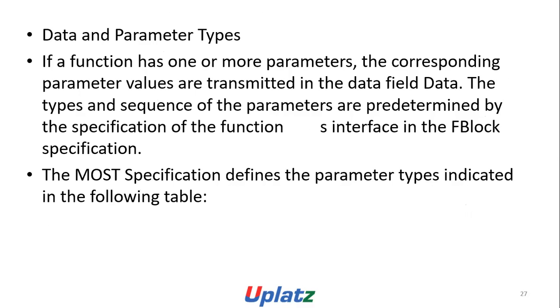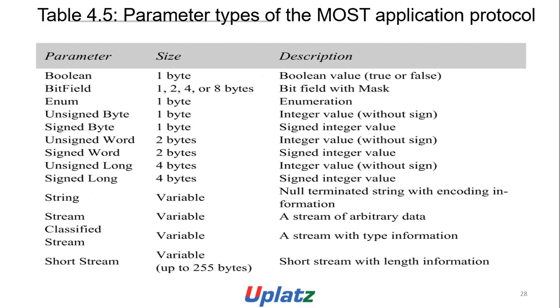If a function has one or more parameters, the corresponding parameter values are transmitted in the data field. The types and sequence of the parameters are predetermined by the specification of the function's interface in the FBlock specification. The MOST specification defines the parameter types indicated in the following table. Parameter types, MOST application protocol parameters, size, description: Boolean, 1 byte, Boolean value, true or false; bit field, 1, 2, 4, or 8 bytes, bit field with mask; enum, 1 byte, enumeration; unsigned byte, 1 byte, integer value without sign;